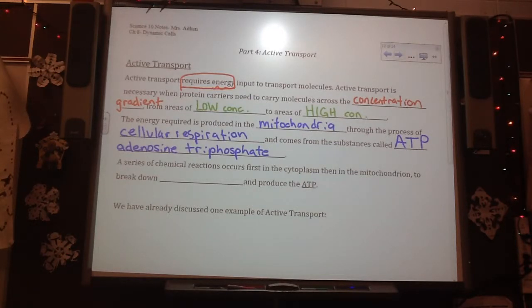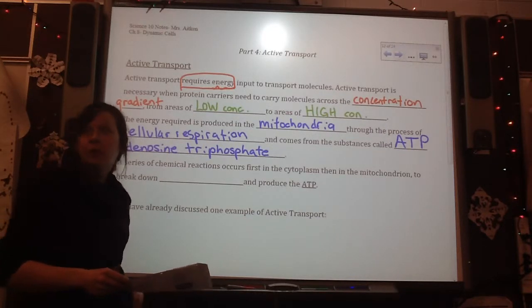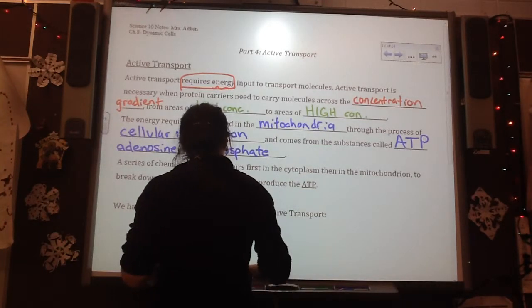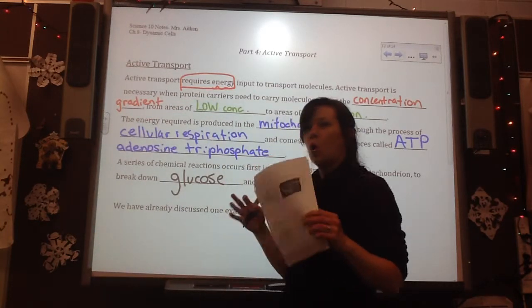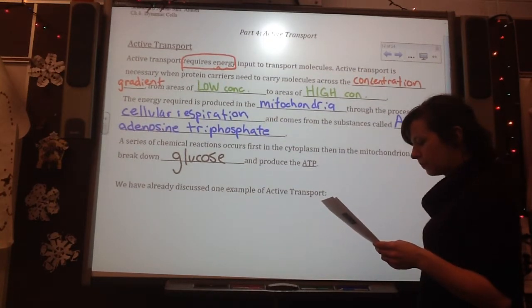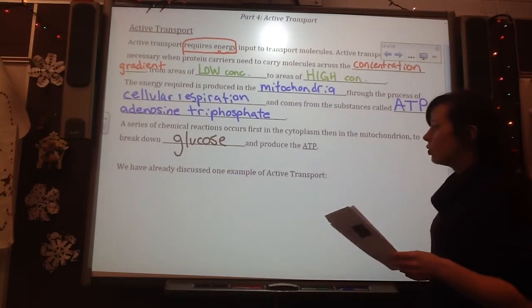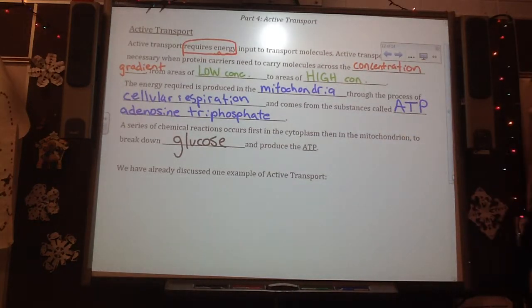So we know the next blank because we already had to memorize it and we're super smart. A series of chemical reactions occurs first in the cytoplasm, then in the mitochondria to break down. What are we breaking down in cellular respiration? Glucose, yeah. So we are breaking down glucose. And our goal is to produce that ATP. We're not breaking down the oxygen, are we? It's used in there. Yeah, it's used, but it's